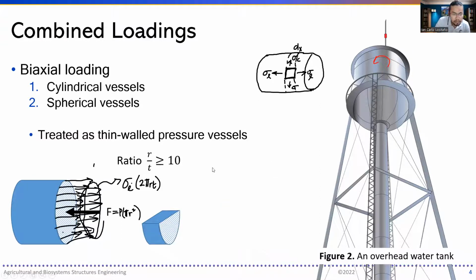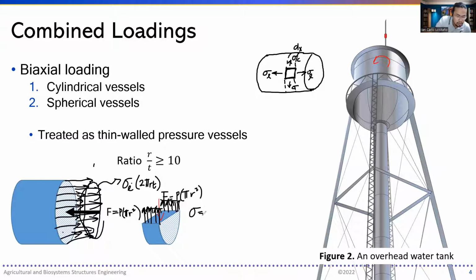So we have another portion, the upper cut along the longitudinal section. We have the same force, happening over here, the same magnitude. So that's going to be F equals P times the quantity pi r squared. Let's put it correctly: r raised to 2. And we have the reaction force along this portion, and this is in relation to the circumferential stress or hoop stress. So the hoop stress force is going to be equal to